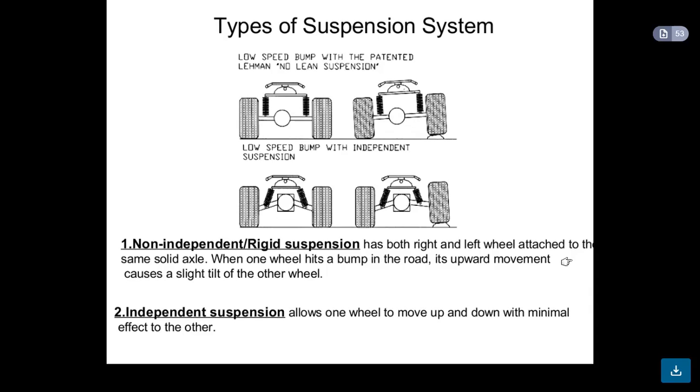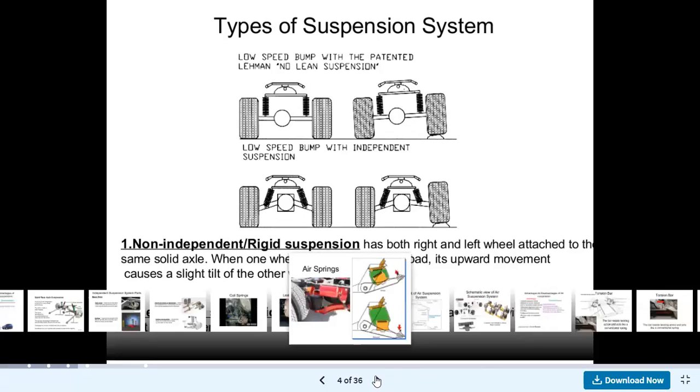So if we observe the upper diagram and lower diagram, two different diagrams are available in each case. The left side diagram is if the road conditions are good, and the right side is if the bump is present in the road. So that complete vehicle is tilted. And in case of independent suspension, only one wheel moves in the upward direction.